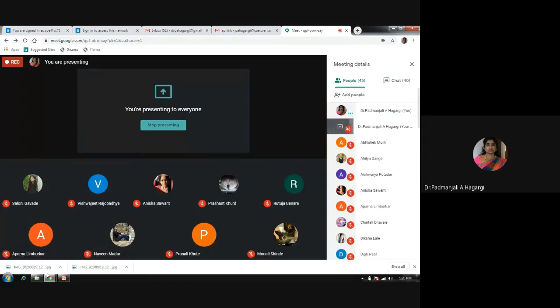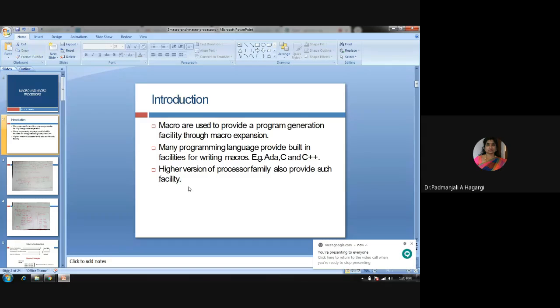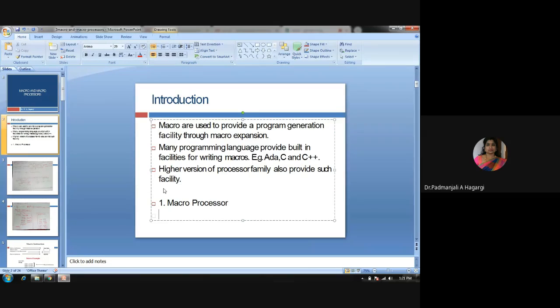Let me write here what the pre-processor statements were. In our lower classes we have studied the pre-processor statements. There were three kinds, and the first one was the macro processor, the second one was file inclusion.